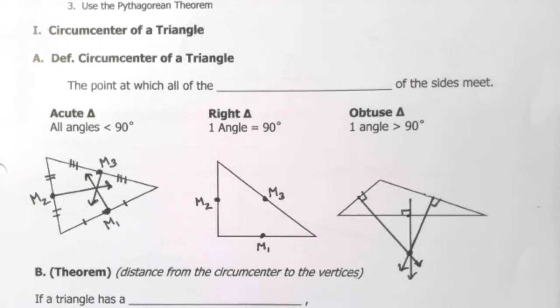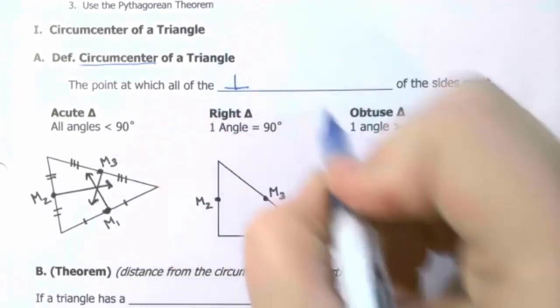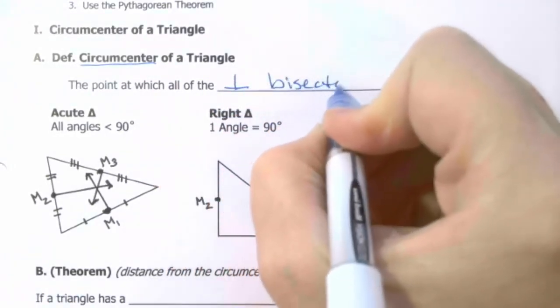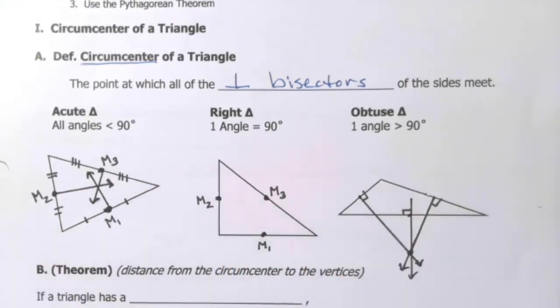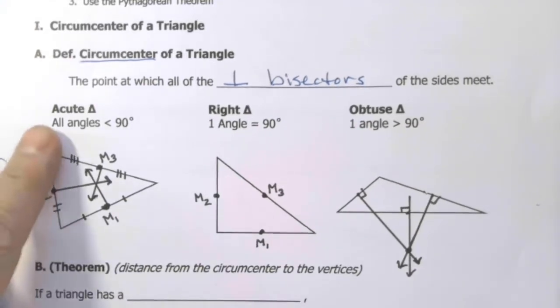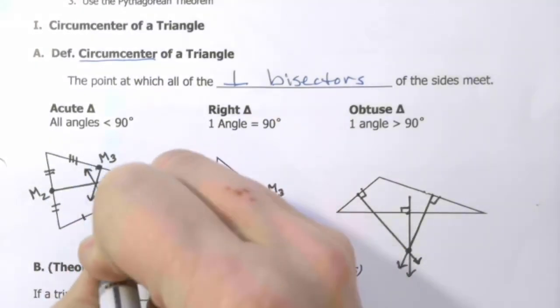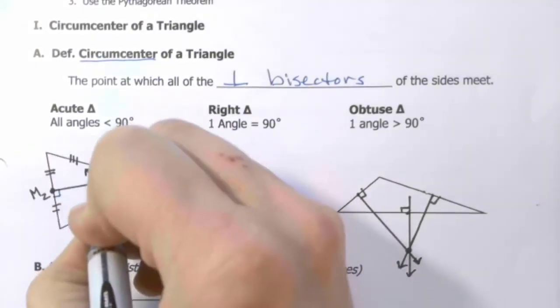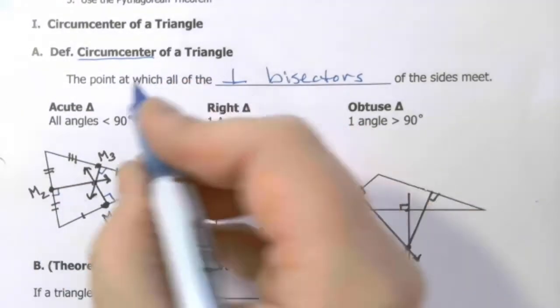So the first special name for a point of concurrency is the circumcenter. The circumcenter of a triangle is the point at which all of the perpendicular bisectors of the sides meet. Now, acute, right, and obtuse triangles have different kinds of circumcenters. In an acute triangle, which is where all the angles are less than 90, you can see that the perpendicular bisectors of the sides meet up inside the triangle. So the circumcenter is